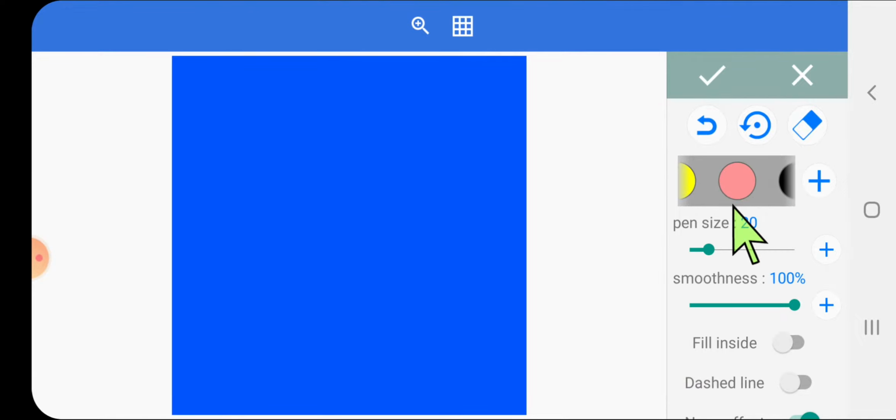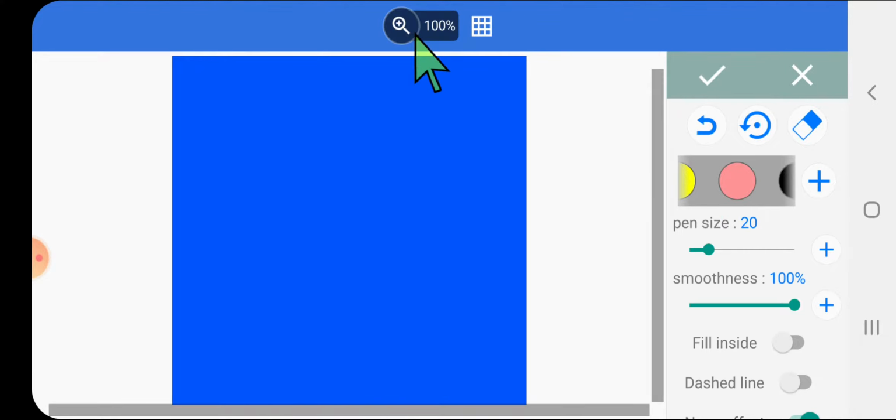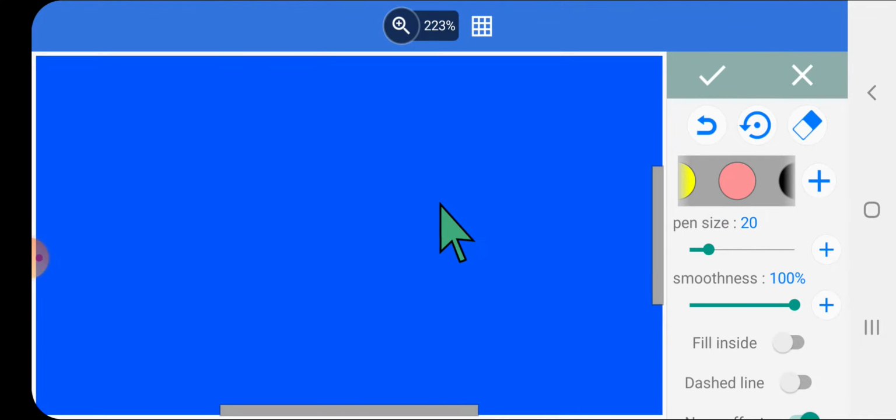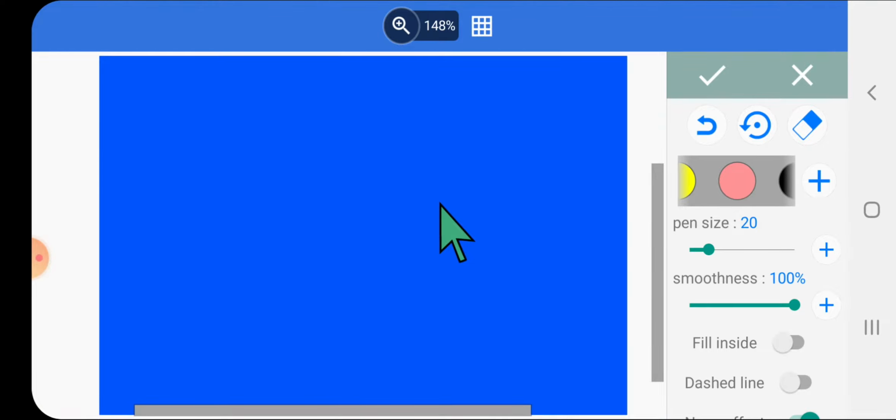First, let's take the color for the face. Let's zoom in. I am selecting the fill inside option.